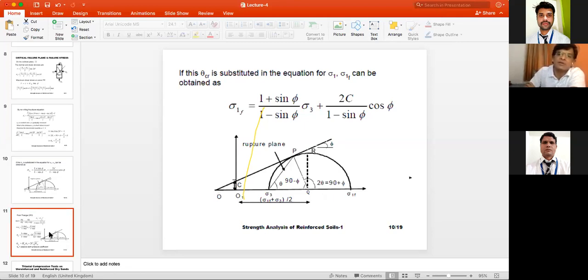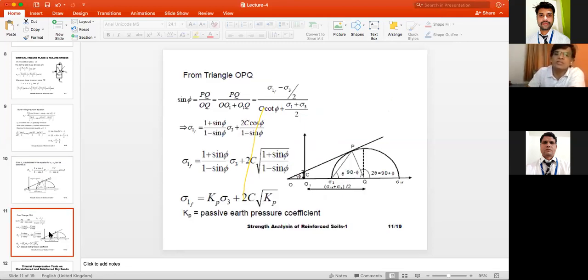Okay, if we extend further, what is that? The same thing you can find out by that Mohr circle. From the triangle, this is the same Mohr circle I have drawn, with sigma 3 and sigma 1. And this is the tangent it is making. This is the ordinate C. From this, if you draw a tangent just touching the Mohr circle, it intersects at the point P. From this point P, if you draw a normal, it touches the center of the Mohr circle at Q, the PQ.